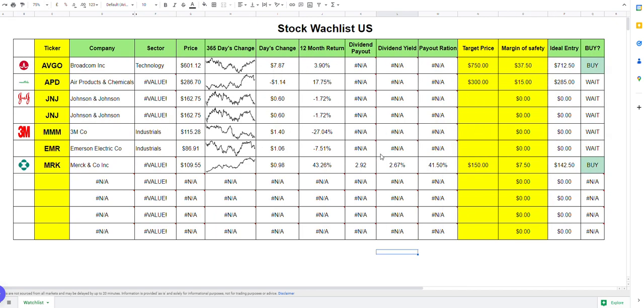The US version is also similar. You put the ticker symbol there and it automatically tells you whether it's a